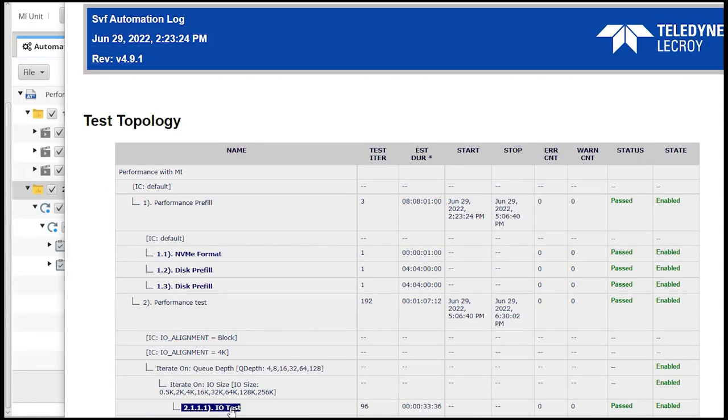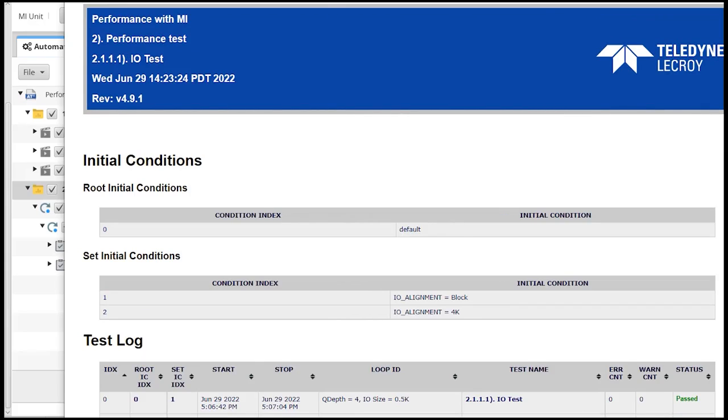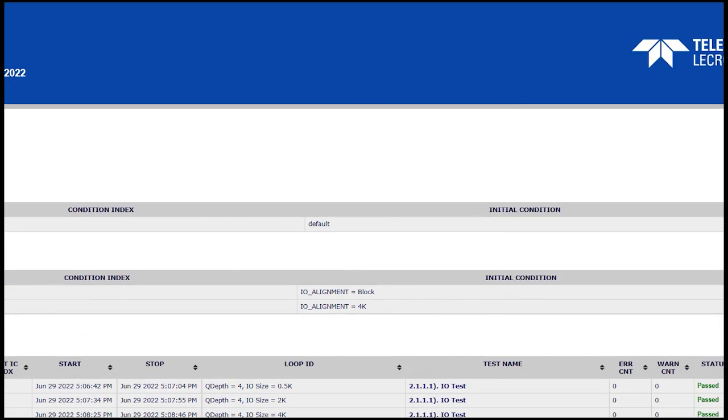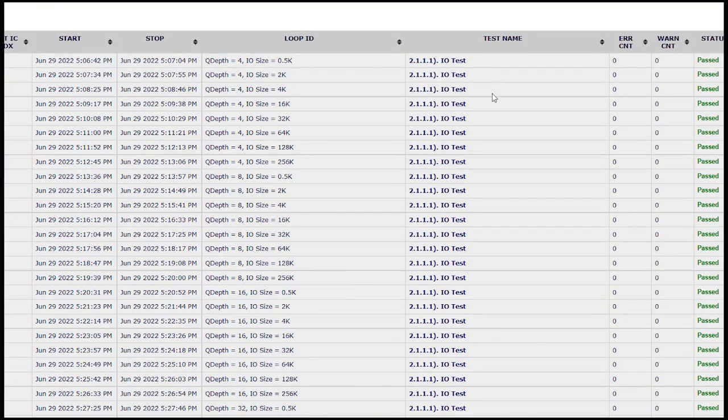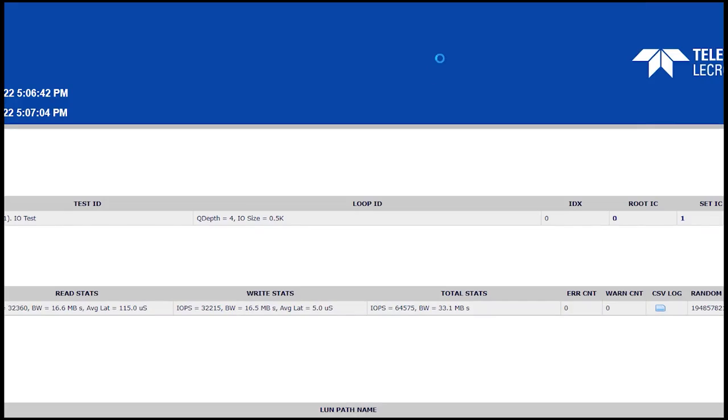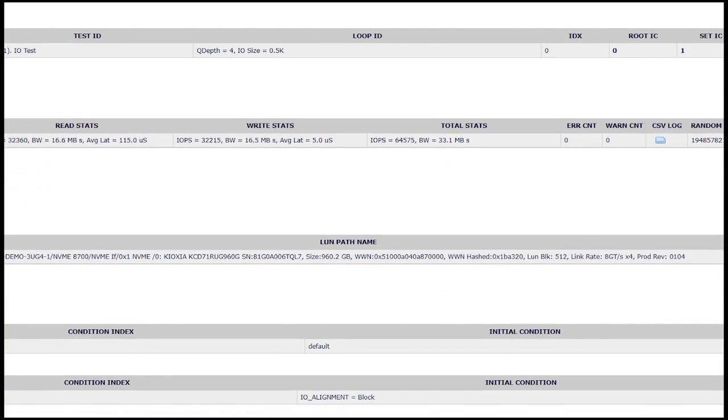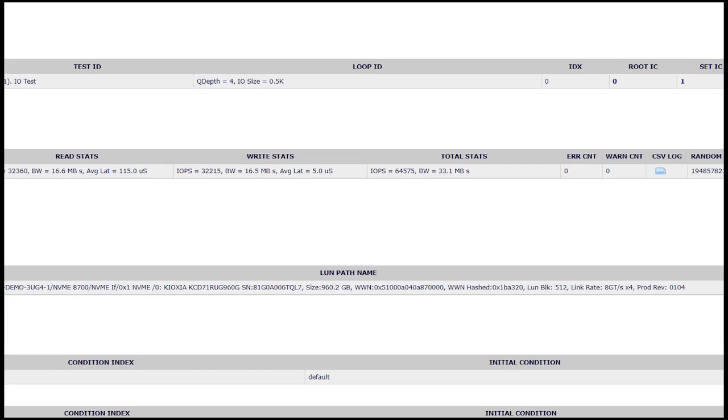So you can see the different performance tests and go into the I/O test. And again, for each test, you're going to have all the different I/O tests that were run, and I can drill down into these I/O tests and be able to get what's the data.